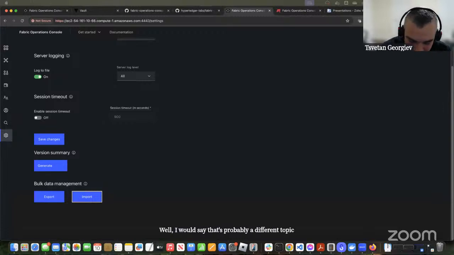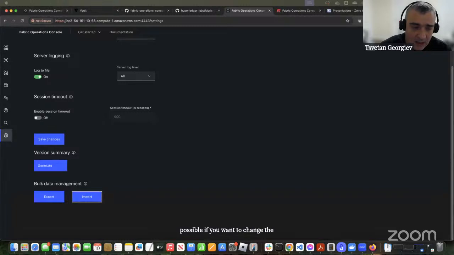It's more of a generic topic about the Hyperledger Fabric itself. Now, regarding that, if I get the question right, it's more about the upgrade of Hyperledger Fabric network or networks that are already operational and running. So all of that upgrade, of course, is possible if you want to change the